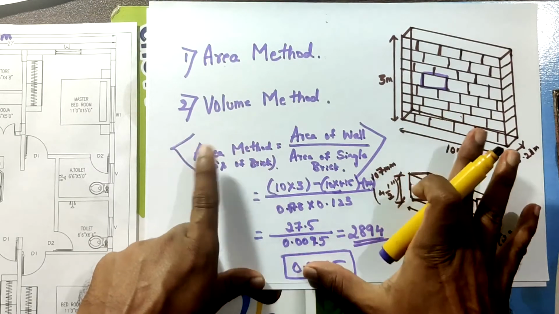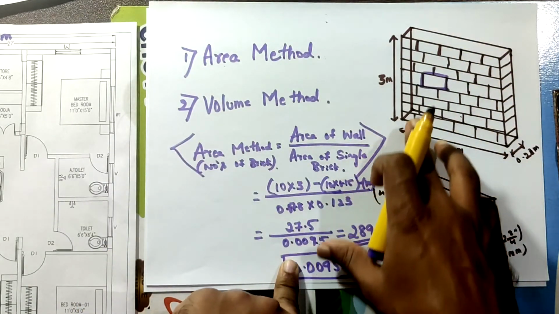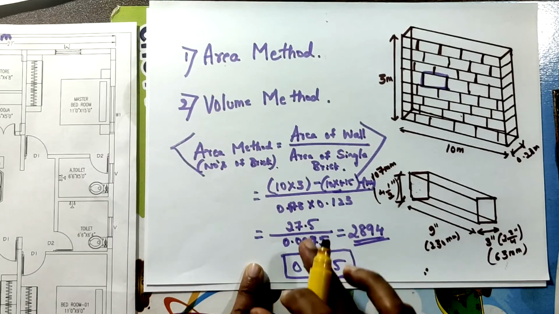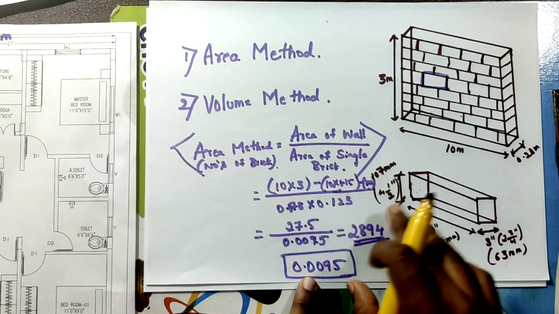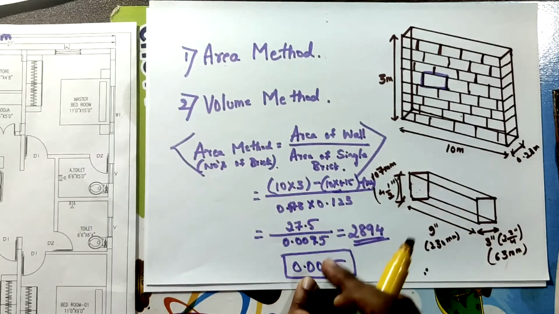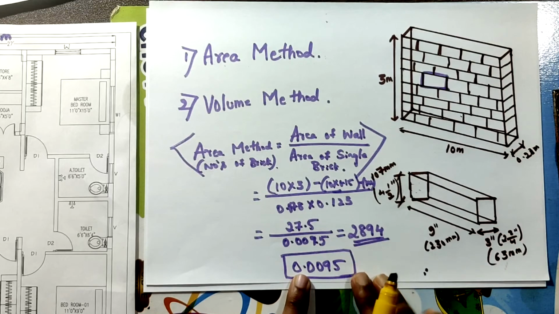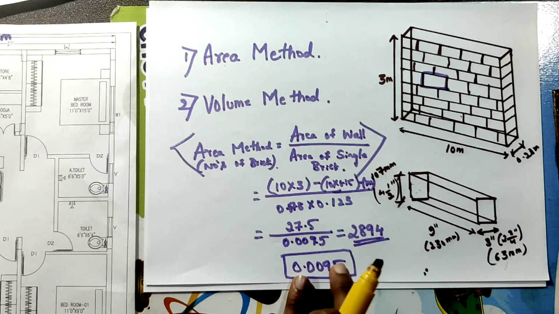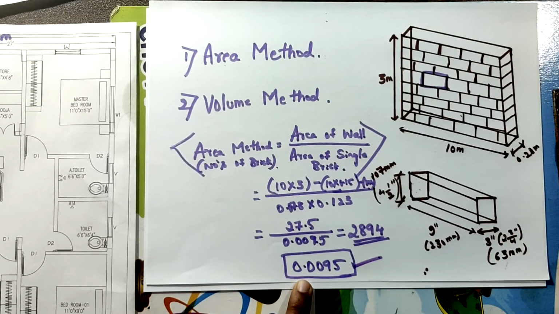And the thumb rule to calculate the number of bricks is: whatever area you get here, the brick area, divide by 0.0095. This is the area of one brick including mortar thickness, and divided by this you will get the number of bricks. This is the simplest formula you can remember, 0.0095. If you memorize this, whenever you get the area of the wall, or length and height of the wall, you can divide it by this particular magic number. This will be your thumb rule.